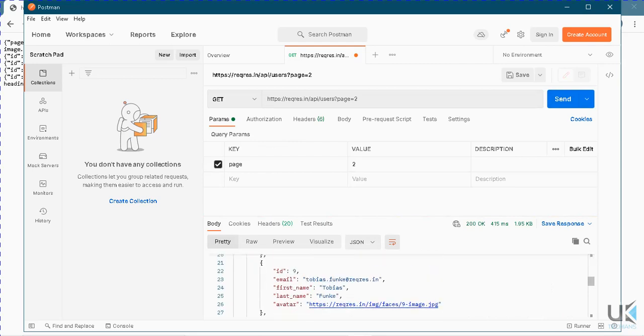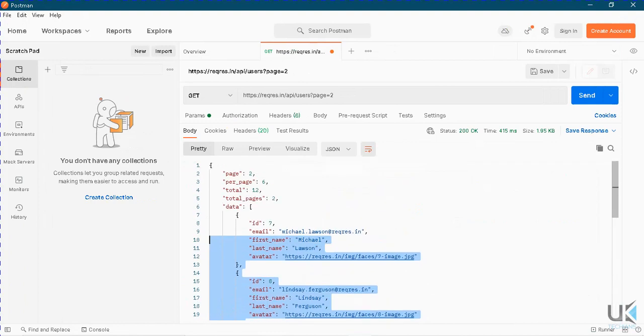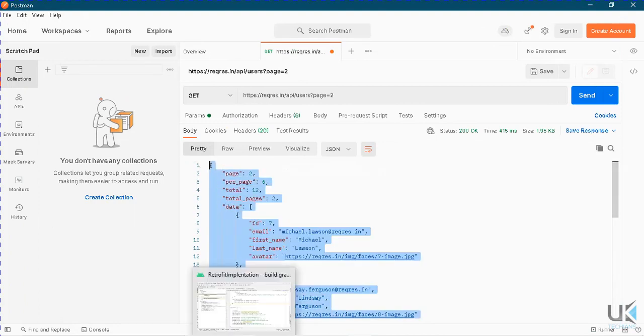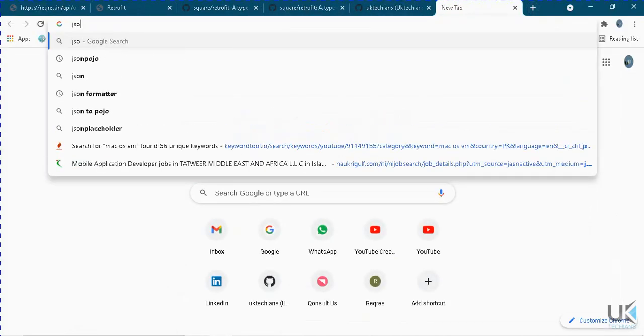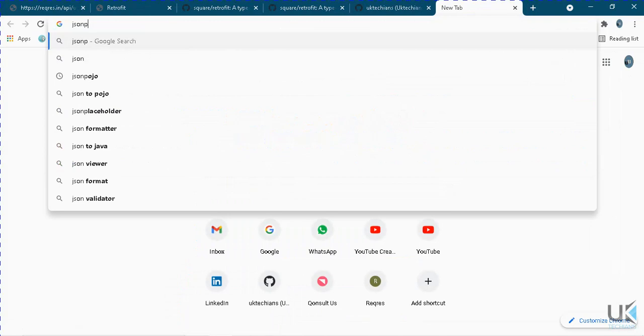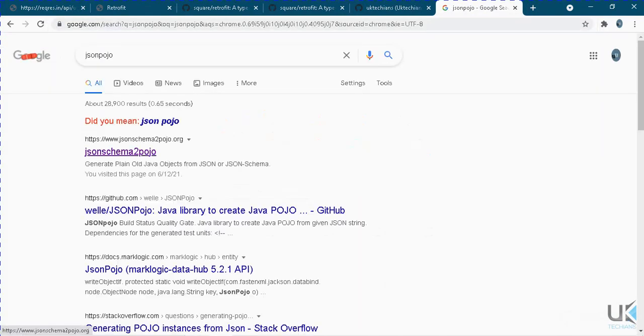So these are the image, ID, email, first name and last name. You have to copy all this data, right, which is your response. You have to copy this response, and then you will go to the website JSON Pojo, and this is the very first link, JSON schema to Pojo.